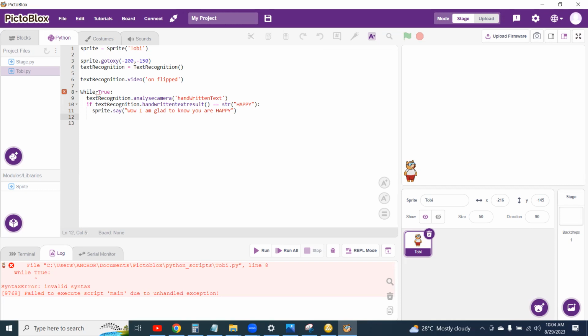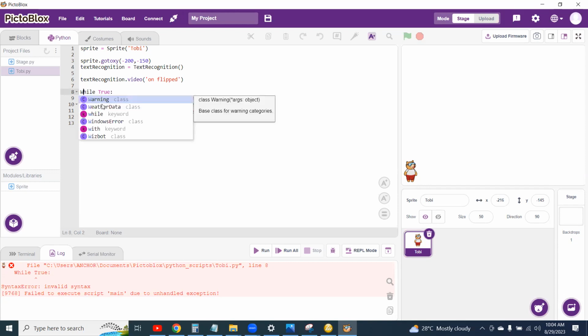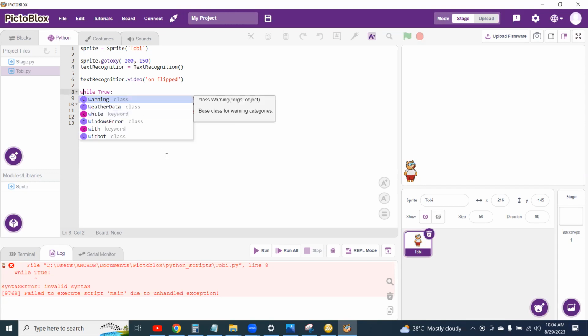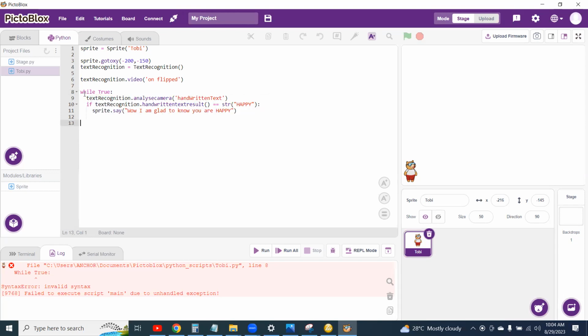Now I keep seeing an error sign here, and from basic instinct, I know there's something wrong here. I think this is a capital letter, even though it looks so small. So you have to be careful. Let me confirm if it is a capital letter. It seems so. Wow. So you can see that was actually a capital letter, and that was what was flagging